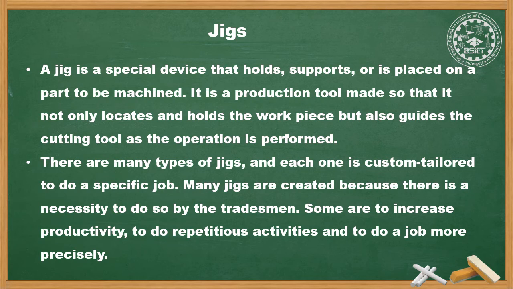For example, the need to drill precisely located rivet holes in aircraft fuselages and wings led to the design of large jigs with bushing and liners installed. A portable air-fed drill with bushing attached to its nose is inserted through the liner in the jig and drilling is accomplished in each location. So examples of jigs are the drilling jig and the reaming jig. We are going to study the different types of jigs in the coming sessions.